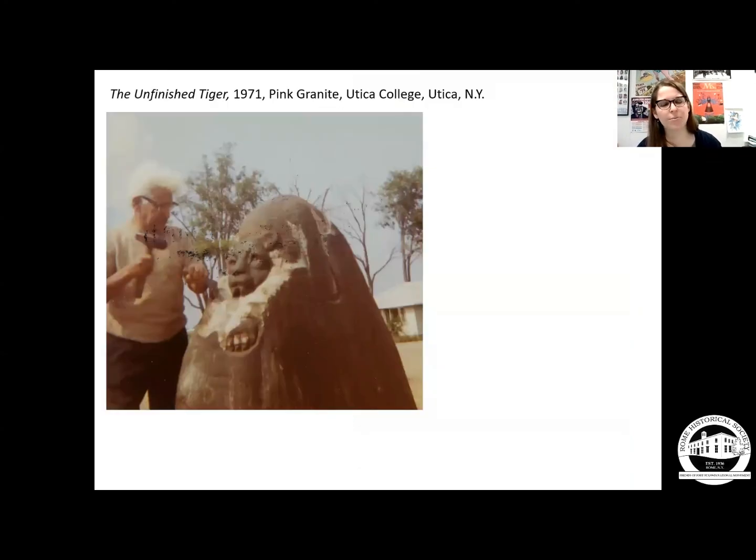A really important piece to DiSpirito on the Utica College campus is the unfinished tiger. This was begun in 1971. He started carving, with permission from the administration, a boulder that was found during construction of buildings on campus. And as he continued to work on it,